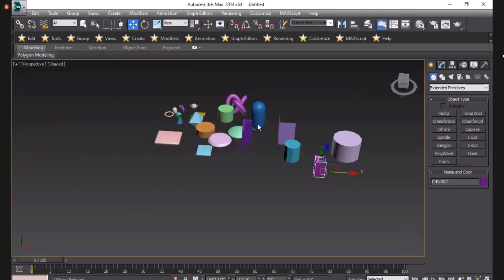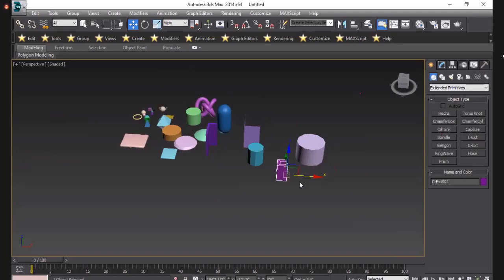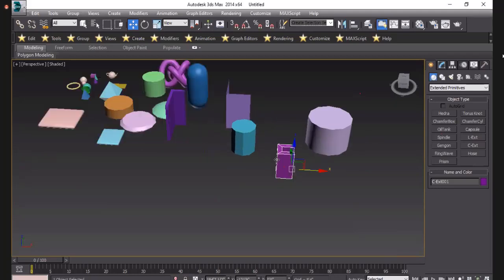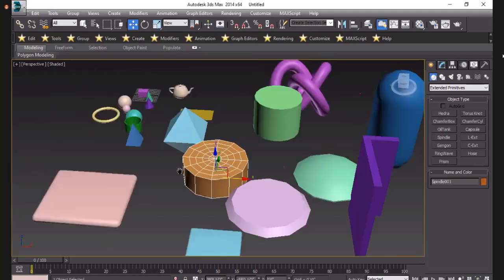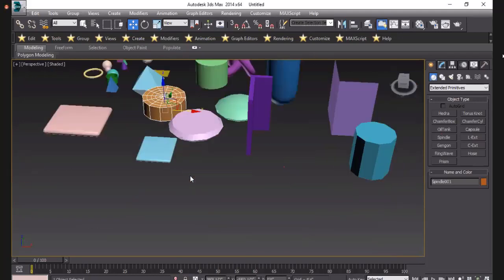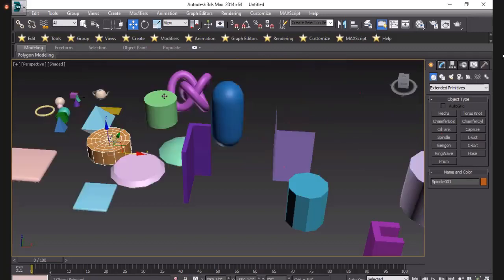So here, as in our 2D, there is also a setting. If you want to import your AutoCAD plan and simply use it for reference purposes, then you want to change the unit setup here. So if you want to do that, go to the setting here. Go in Customize.